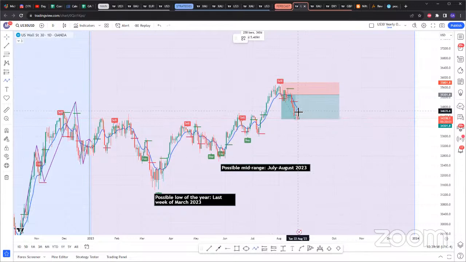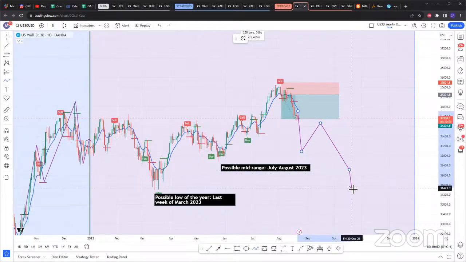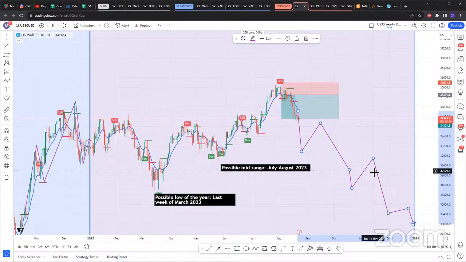Now, not to say that US 30 cannot just melt from here. It can still melt from here and literally do this. And maybe this is the yearly high, right? This can possibly also be the yearly high, and it comes down here and closes the year down here with this being the yearly low. So keep in mind, it's always a game of probabilities, but you want to have history on your side.